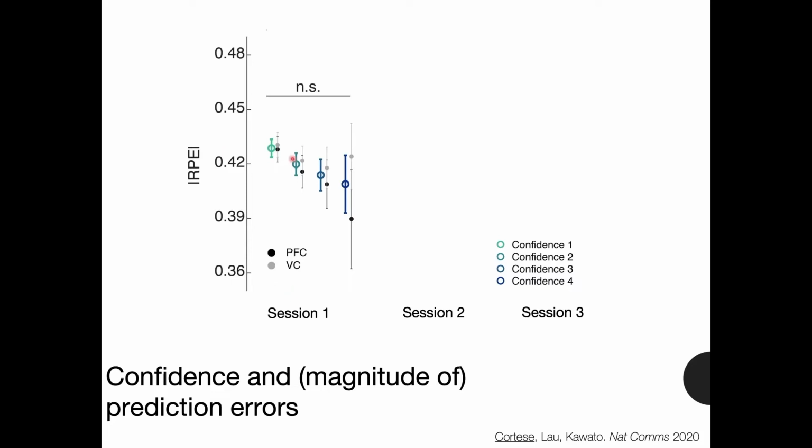And then we can look at how it compares to the confidence ratings that participants gave on a trial-by-trial basis. So we get this magnitude of prediction error, trial by trial, and the confidence rating, trial by trial. And what we see, already from the first session, although this is not significant, is a clear trend: when a participant is not confident in the choice, those are also the trials in which the prediction error is the biggest, so when there's the most unexpected outcome. And with higher confidence, this seems to decrease.